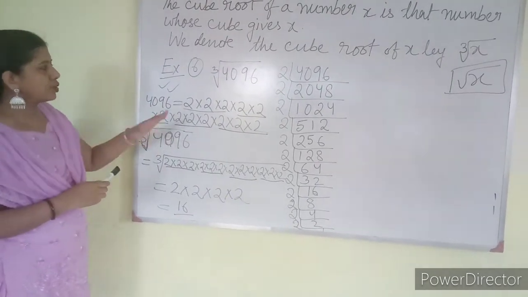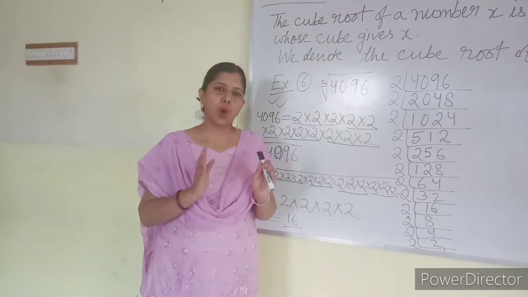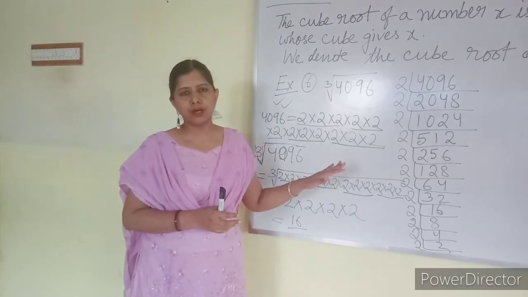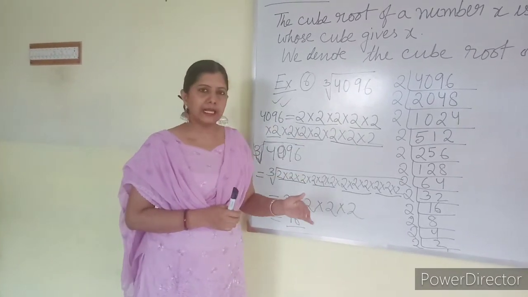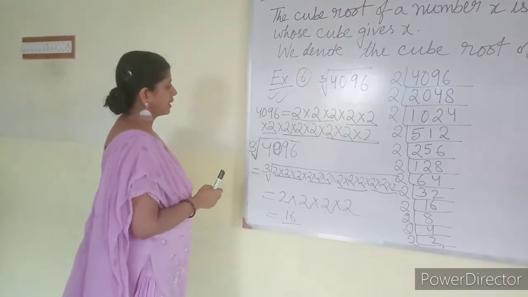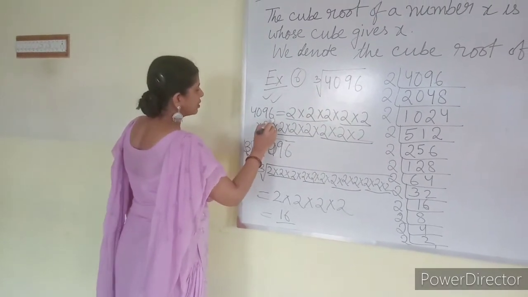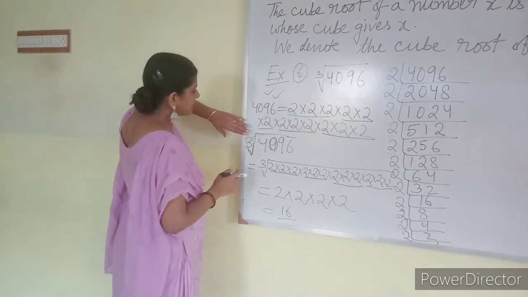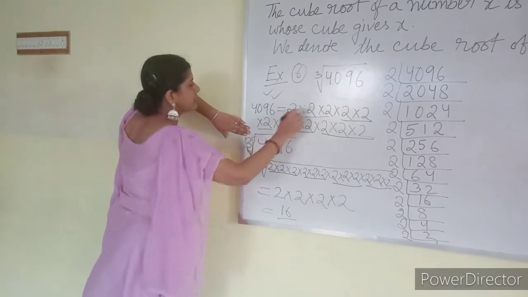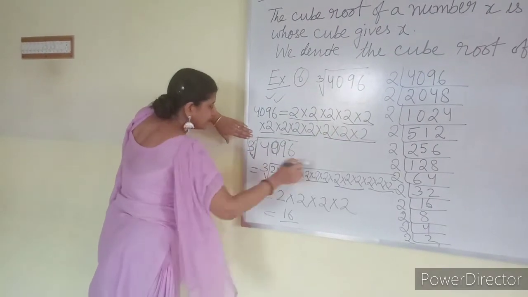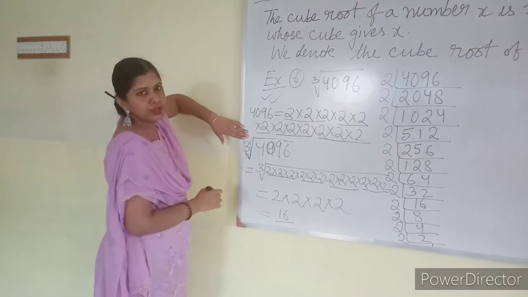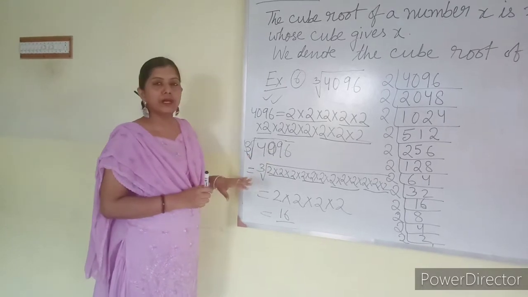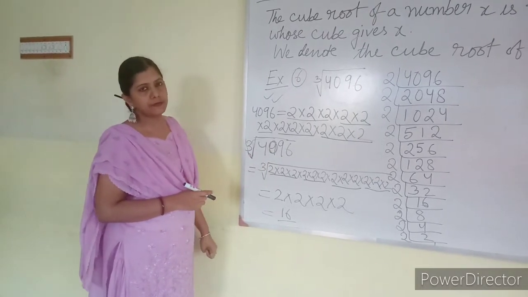This is very easy, you have done it earlier also. But I want to repeat the common mistakes students make. It is the habit of some students that they write 4096 equal to this. Sometimes they directly write the cube root of 4096 means this factorization. Here they forget to give the cube root sign. This is a mistake many students make. So you will not do this, your marks will be deducted for that.